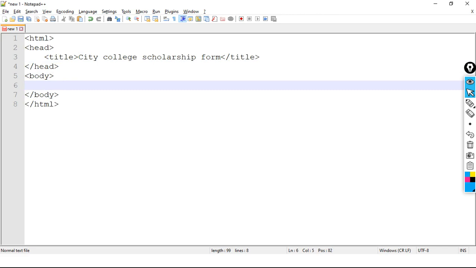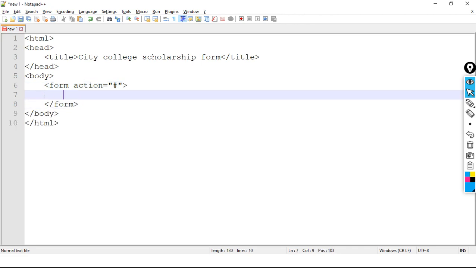And in the body, we have one form opening, with action. Here we are not performing any action as of now. The action part we will learn in JavaScript. Okay, closing form. Then in the form we have input type equals text.